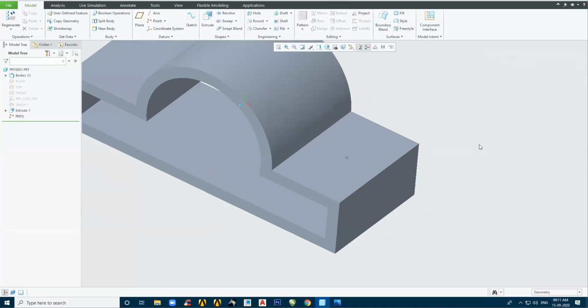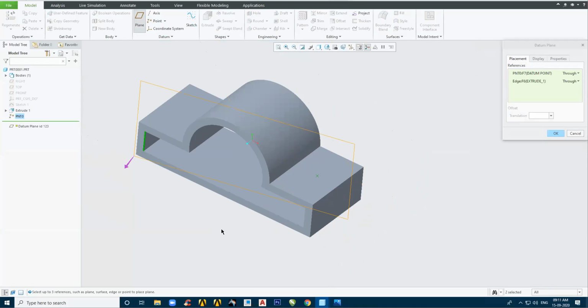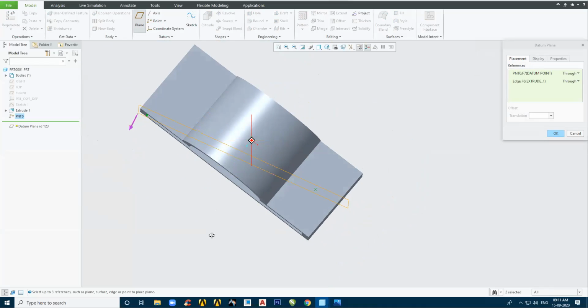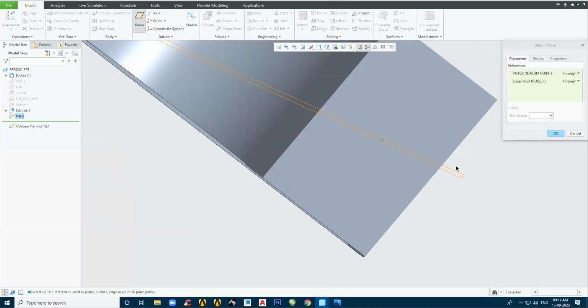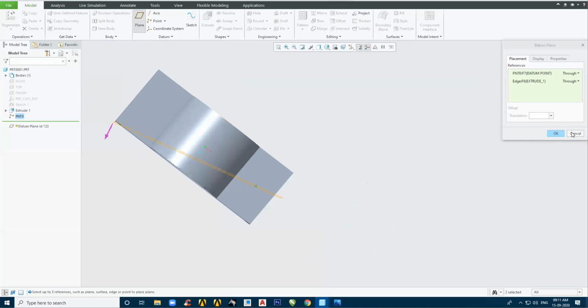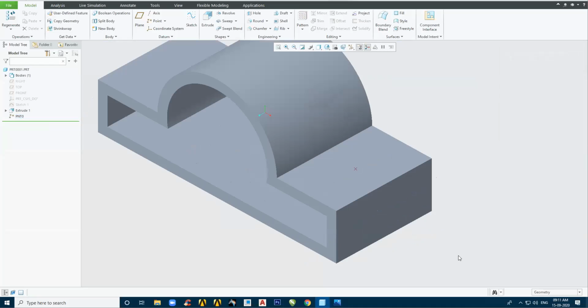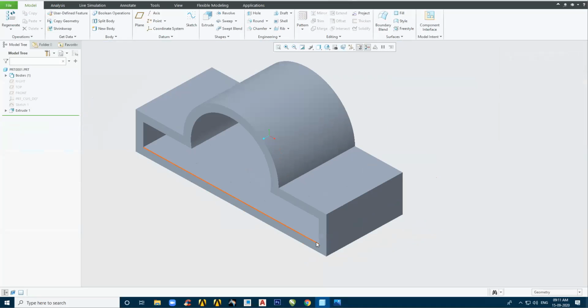Good. And why do we generate this? So that we can create a plane. For now, we can create a plane passing through this point, and perhaps I'm holding down the control button, and from this edge. So you will notice that a plane has been generated from this point and this edge. Understood? So that is why we are presently creating these datums, so that maximum to maximum we will see to it that the datums or the planes we are creating would be parametric.